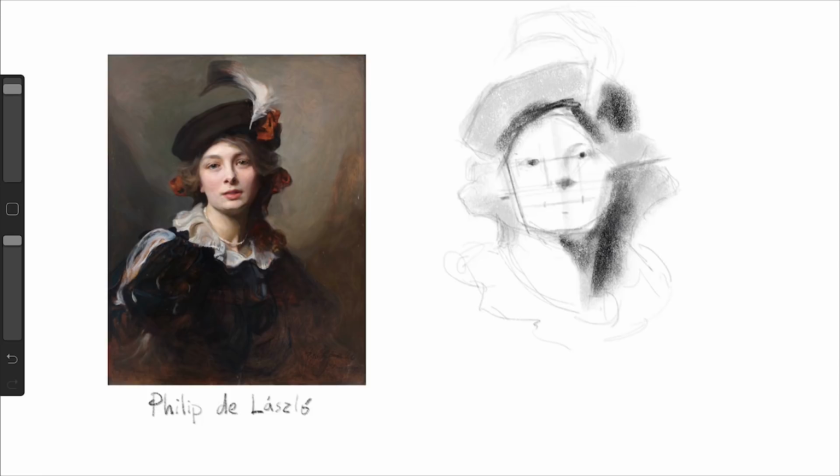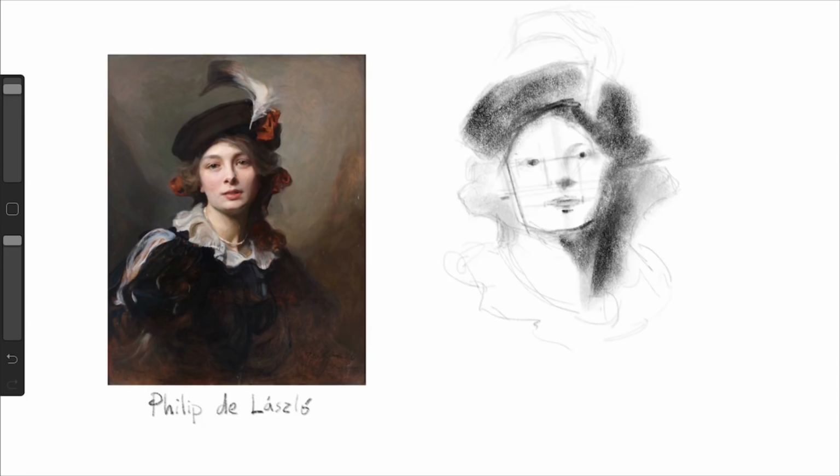That's what's going to really make things pop and contrast and give it that appearance of being realistic. But really, if you have these dark values in the wrong place, it's not going to look like the drawing that you want it to look like. It's not going to look like that face. So it's very important to get these areas